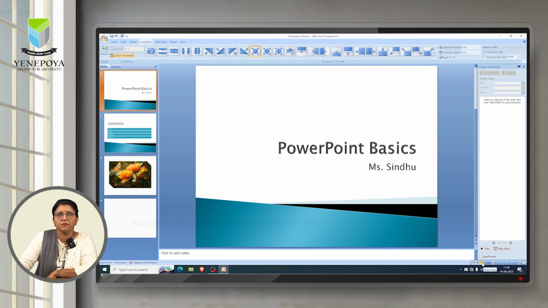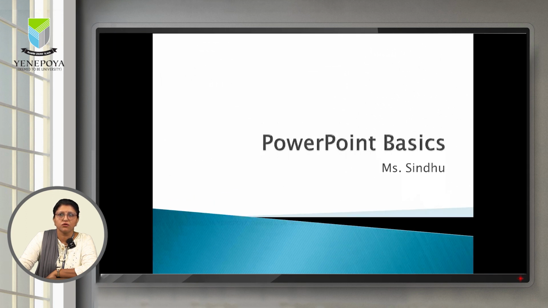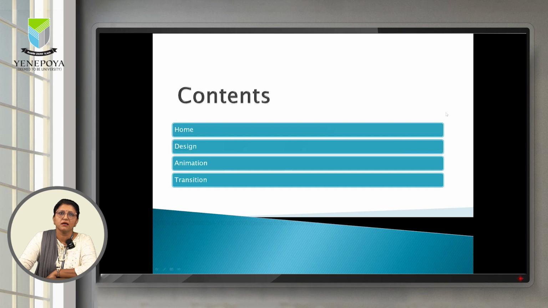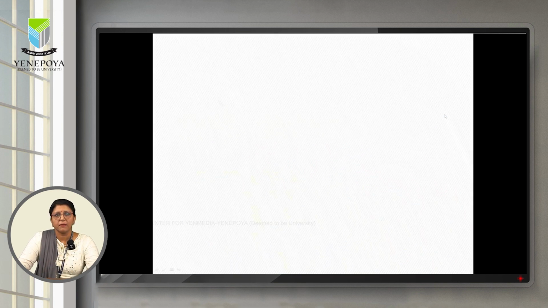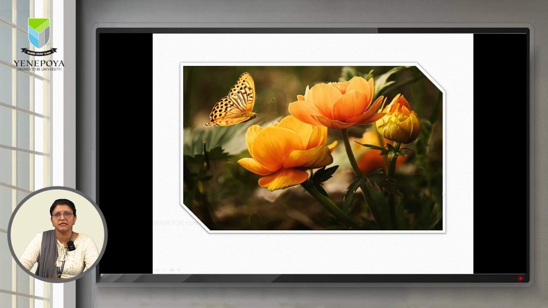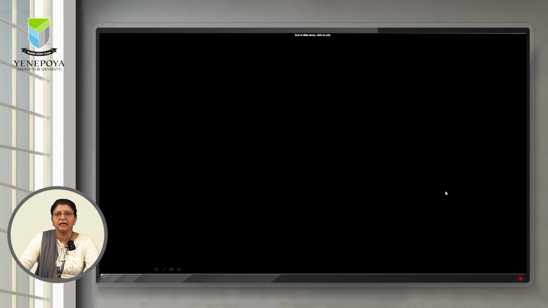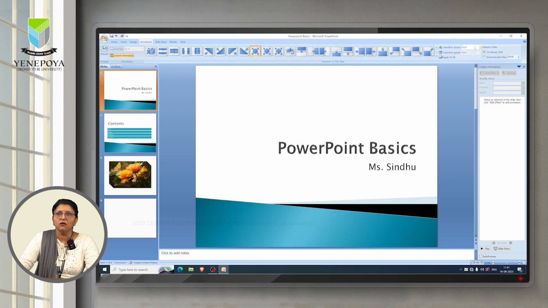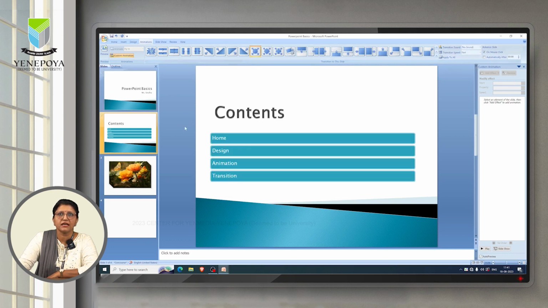So I'll again click on slideshow. You can see on mouse click that I have applied for one slide only. So you can see only that sound effect has appeared for one slide. You have to click on all the slides. So click on this first slide, it has been selected, slow, and then go to the second slide, again select the same option, select slow,